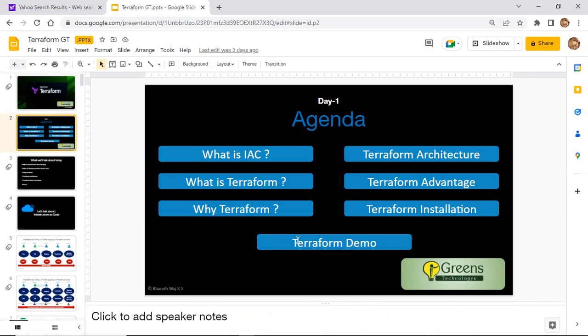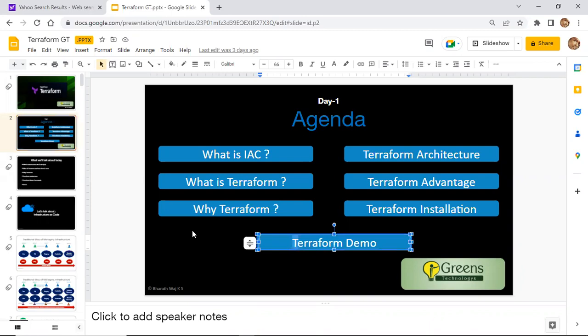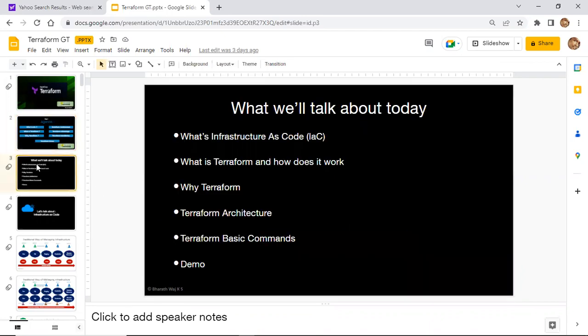What idea you will get at the end of the session is a complete idea about Terraform, and also you can do the certification. You can write the certified associate examination. This is the outcome of this course, and at the end of the course you will be doing a project regarding Terraform. These are the things you're going to learn in this particular 8-day session. Okay, so let's start.